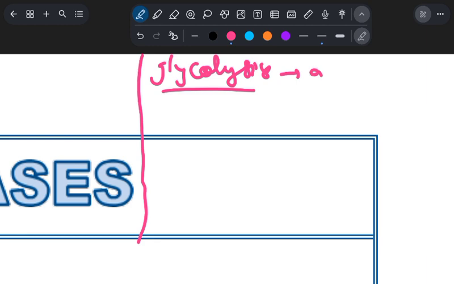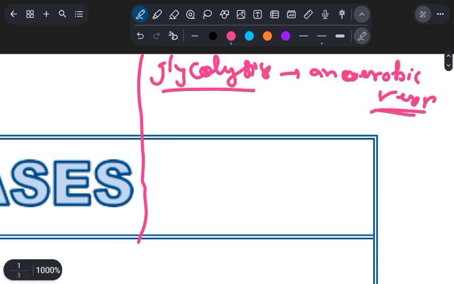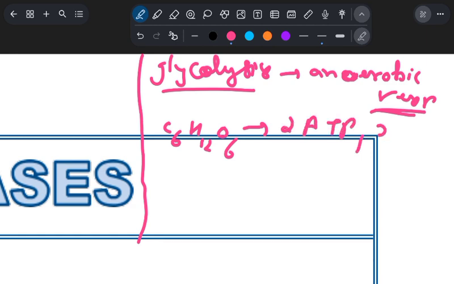Basically, this is anaerobic respiration. It doesn't require any oxygen to happen. In glycolysis, a glucose molecule, C6H12O6, converts, basically oxidation is happening here, of glucose. So 2 ATPs form, 2 NADH form,